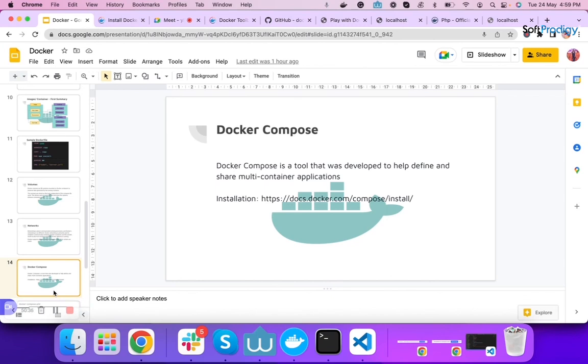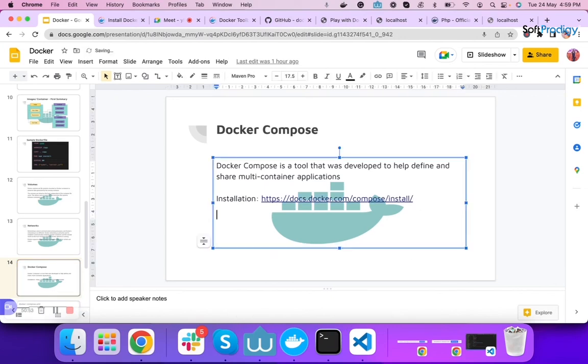So Docker provides the Docker Compose tool, through which we can run all the images using a common command, docker compose build.